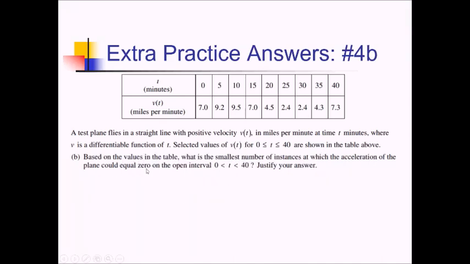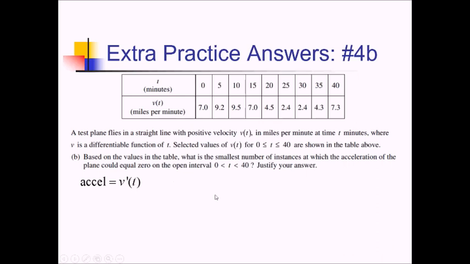For this part of the problem, based on values in the table, what's the smallest number of instances at which the acceleration of the plane could equal 0 on the interval 0 to 40? So just to be clear here, when we talk about acceleration, we are talking about the derivative of velocity, v prime, and we're talking about the instantaneous rate of change in velocity, which we don't have anything to really tell us. One thing we could get at, though, is if we could at least find the average rate of change